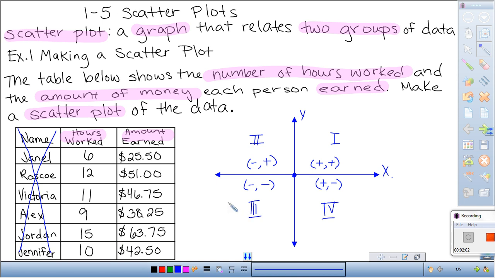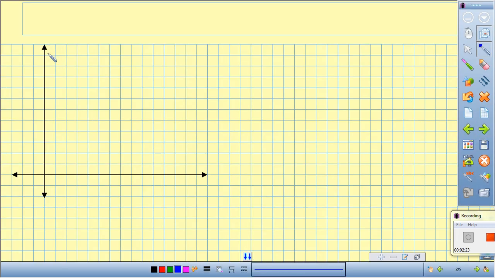Now, looking at these quadrants and comparing our numbers, we see that all we have are positive numbers. So in which quadrant are all of our coordinates going to be? Well, we're going to be in the first quadrant. So really, do we need the second, third, or the fourth quadrant? Not really. So when I go to graph, I'm simply going to graph the first quadrant. So you see this is where the fourth quadrant would be, the second would be here, the third here, but we don't want to waste a bunch of space by making a big coordinate grid, so I'm really just concentrating